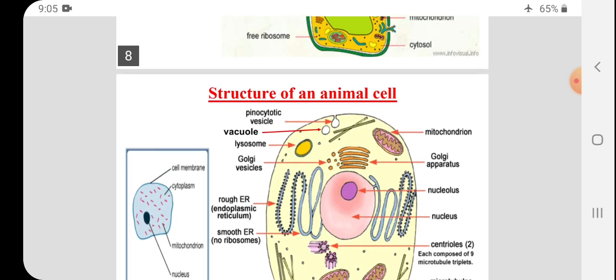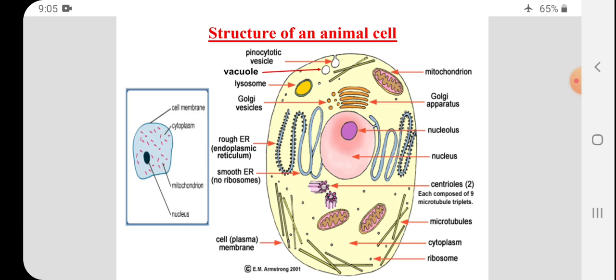Let's have a look at the structure of an animal cell. You can see there is a huge difference between the structure of a plant cell and an animal cell. Here, the animal cell does not have a cell wall, and that is why every animal grows differently, or we can say every animal has a unique shape and structure. Also, they have a well-defined nucleus, plus they have certain ribosomes, Golgi bodies and rough endoplasmic reticulum